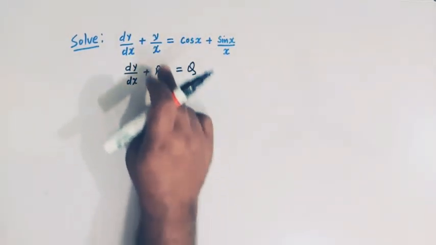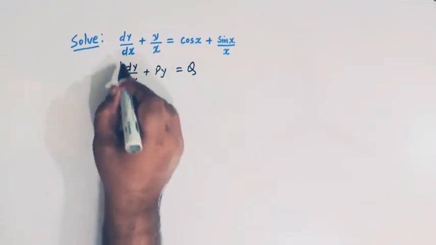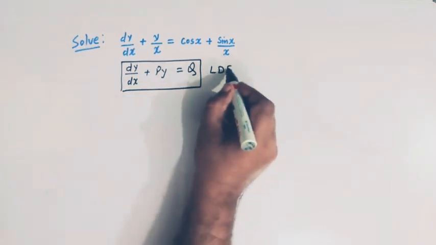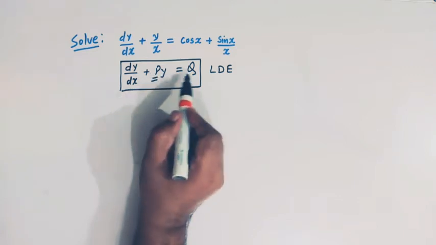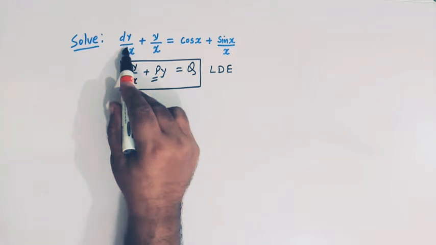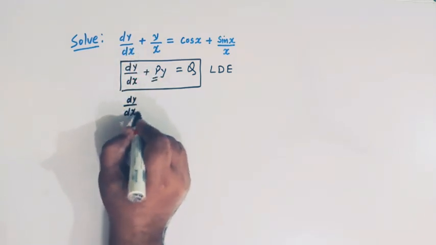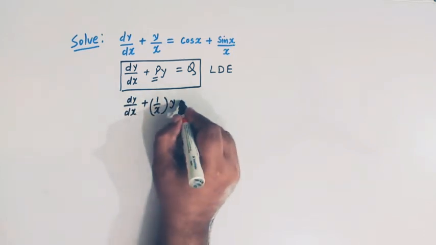This is the standard form of a linear differential equation, and here the quantities p and q are functions of x, right? So if we write this equation as dy over dx plus 1 over x times y